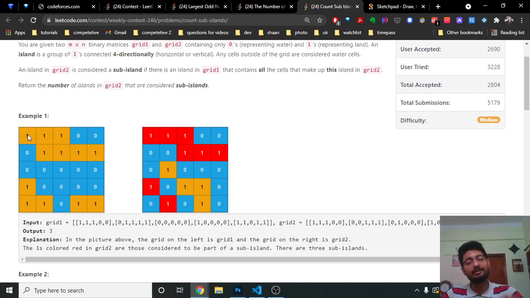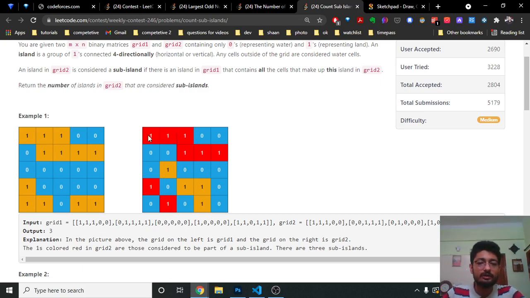So you can mark all the islands, each a continuous stretch, with a number other than 1, in a continuous fashion, so that you can easily mark them out. So this island after the first iteration will be marked all 2s, this is all 3s, and this is all 4s. Okay, now you'll iterate over all the islands in grid 2. And while you are marking out the islands, you will check that, okay, you know that this is the island and you want this island to be completely inside some island.